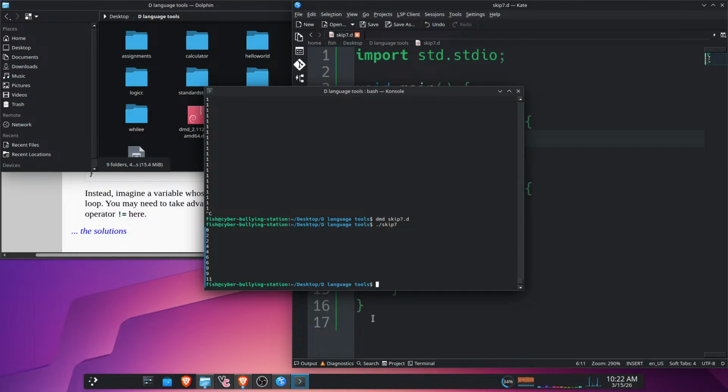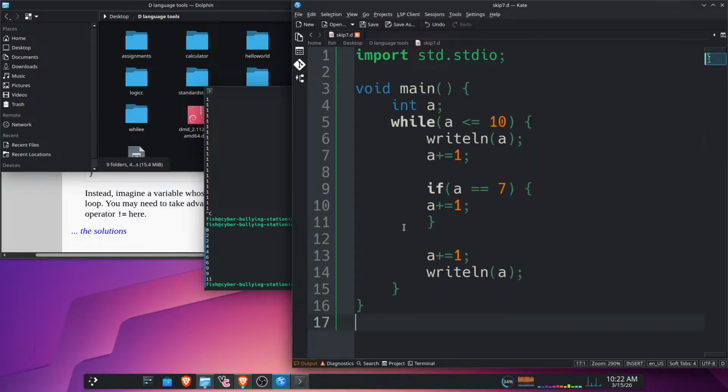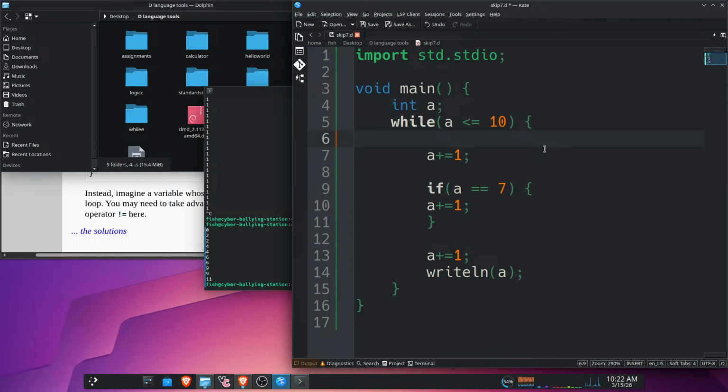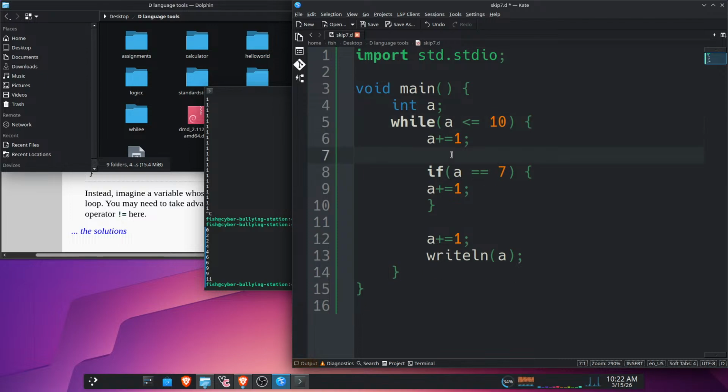So why is it adding 2? So A, we initialize it as 0. We write line A after writing line. Oh, that's the problem. So when we do this, we need to have this at the same time. So you can't actually, it's because of order of operations. Okay, so you see, when you have order of operations included,